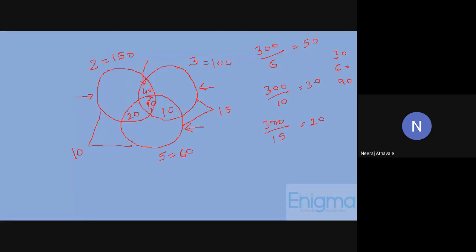This is very important and very simple as well. Okay. Now how do we find these values? These individual values. Very simple. 150 should be the total of the whole circle, this one. We already have 40 plus 10, 50 plus 20, 70. So 150 minus 70, you have 80 over here.